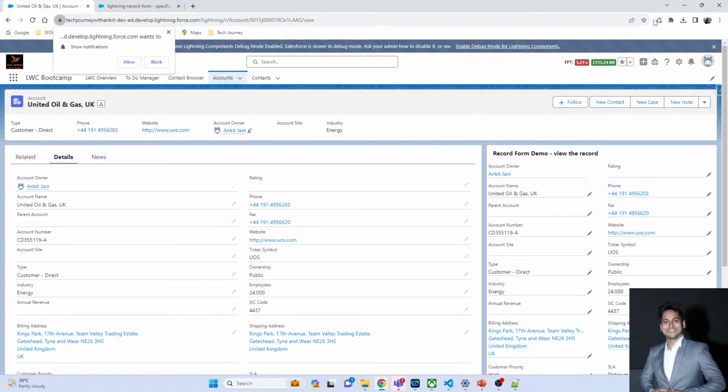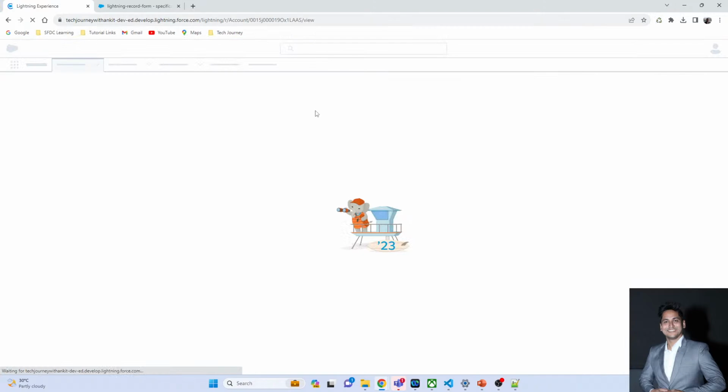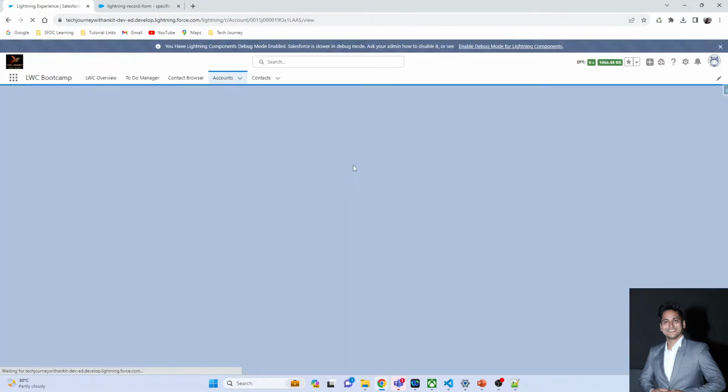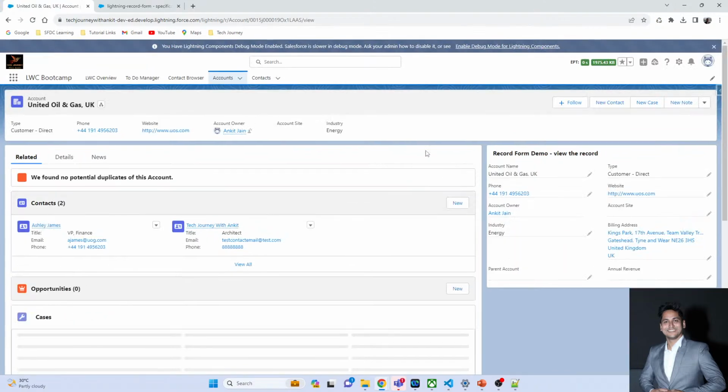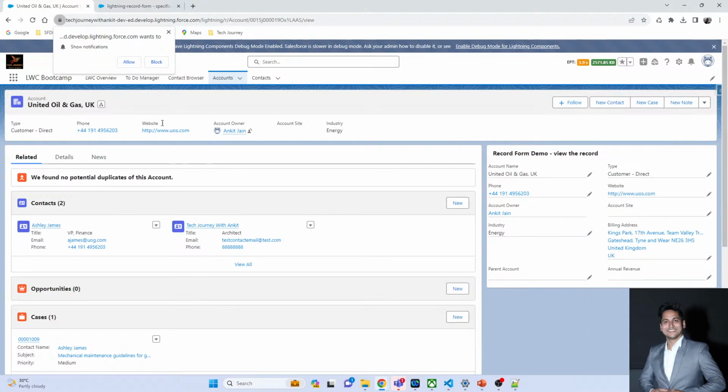So here, if I make it the compact layout, and now refresh this one more time, you will see that I am getting all the fields which are available in my highlight panel. So whenever you have that kind of requirement where you want to show the fields available in your compact layout,